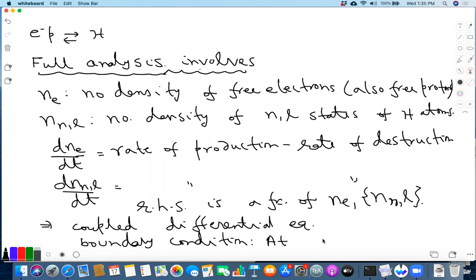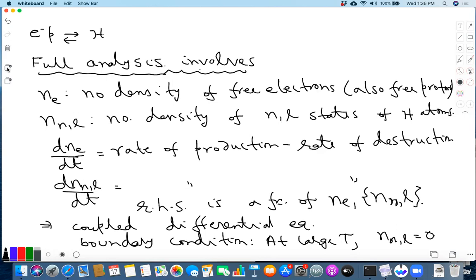That at high temperature, or small time, all the NNLs are 0. Because at that time there is no hydrogen atom, there are only free electrons and protons. And as I said, of course you cannot deal with an infinite number of variables, but you can truncate. I refer to one paper which does an analysis of this kind with 300 levels. But as you also described, you are going to do a simplified version of this analysis.